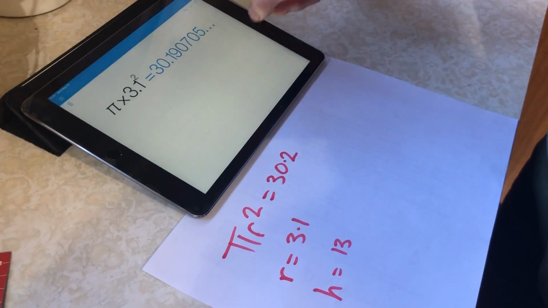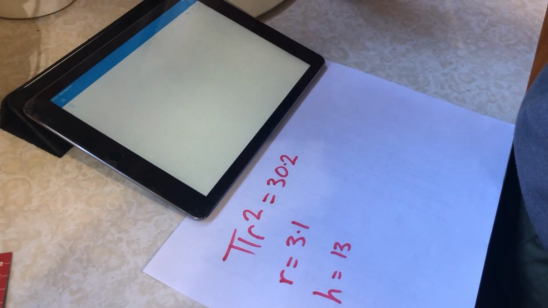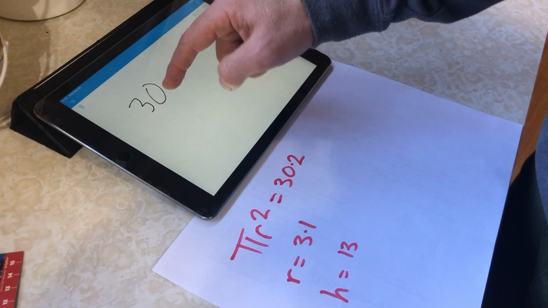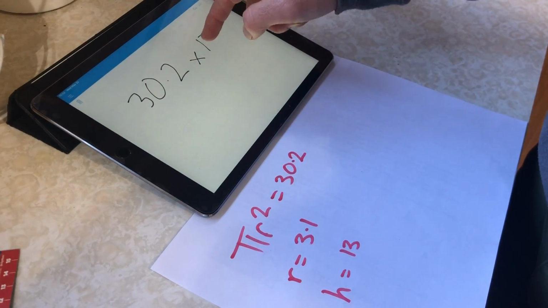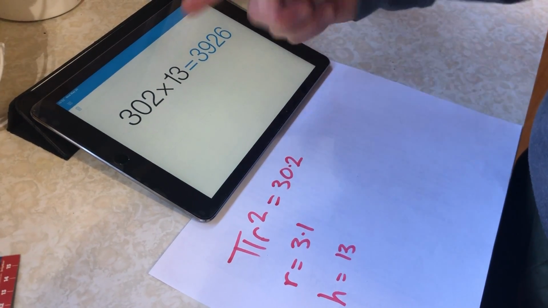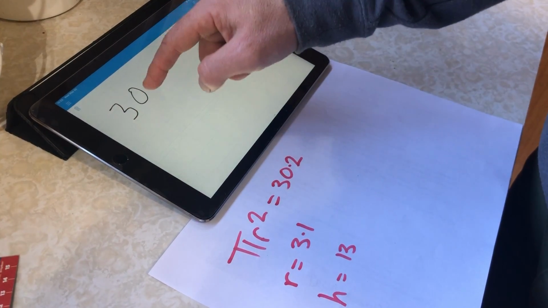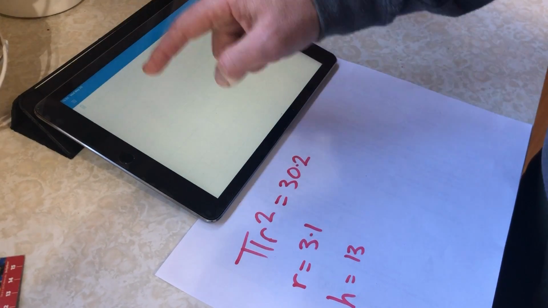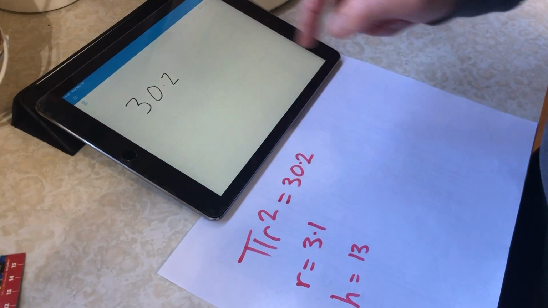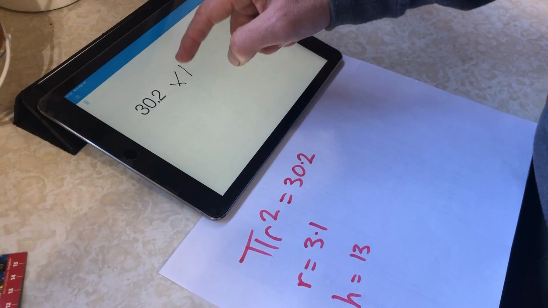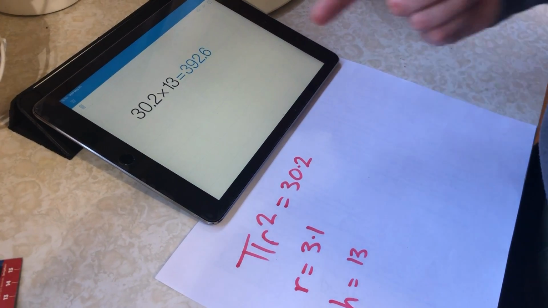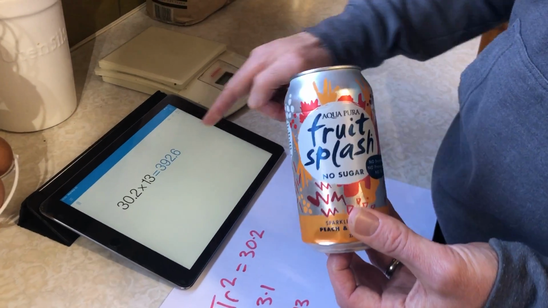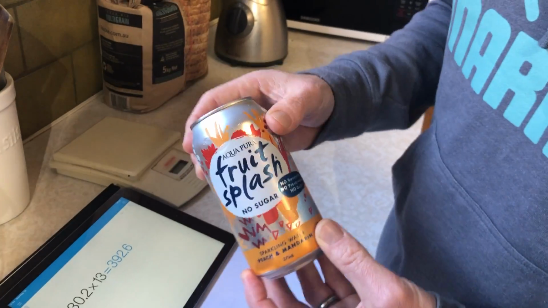Now, clear that, and if you do end up getting my script calculator, you've got to clear the previous one, otherwise it adds it all into the same equation. So 30.2 times 13. It's done 302, so you've got to be really careful. 30.2, please work this time, great, times 13. And it's 392. Now what it's telling us is that this is 392.6 cubic centimetres,